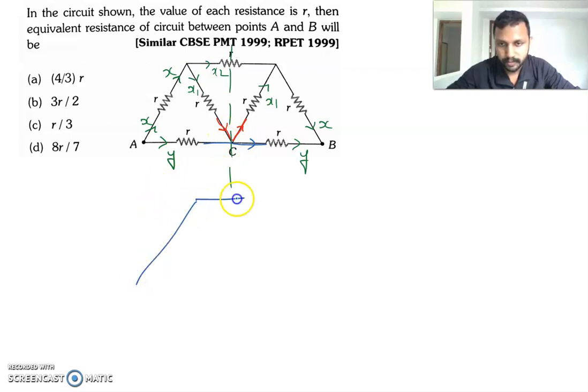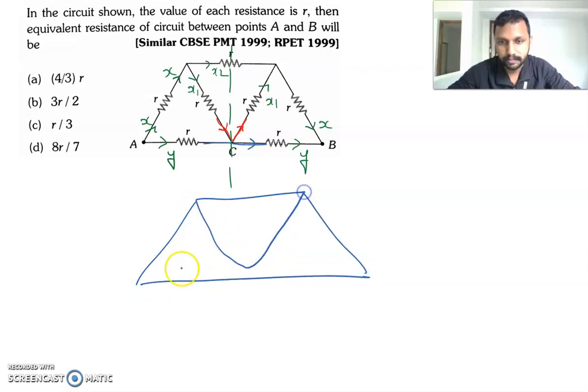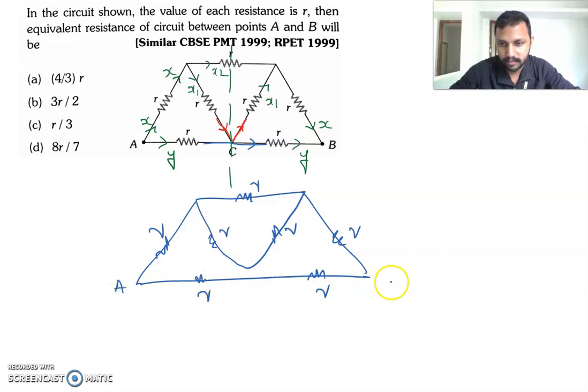I'll redraw the circuit diagram for you over here. We could imagine our circuit like this: R, R, R, R, and 2R ohm resistors over here. This is our terminal A and this is our terminal B. It is because the current passing through this wire, if it is X1, will reach over here as X1 itself, and the current passing through this wire is Y, which will pass as Y itself. That's the reason why we could remove this connection.